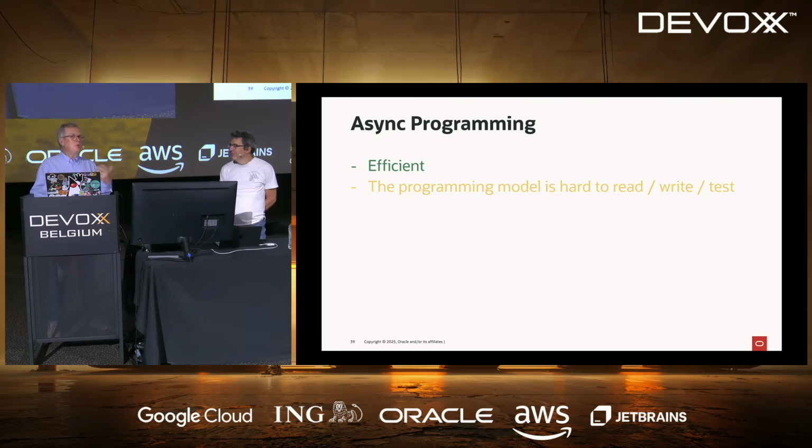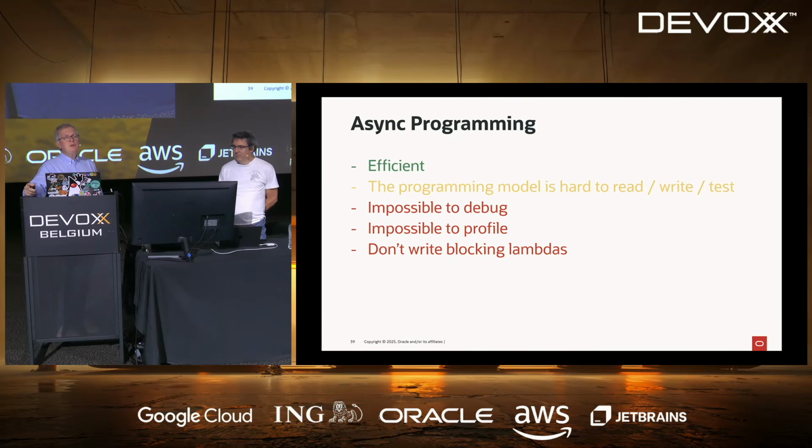So it means that if you want to change something, you probably need to rewrite what you were writing. It's impossible to debug because the stack traces that you get don't give you any information on what was going on. And it's the same if you put a breakpoint in a lambda in a CompletableFuture. How can you be sure that this is the process that you want to debug that will trigger this breakpoint? I won't say it's not doable, but it's very hard to do. You can't profile it.